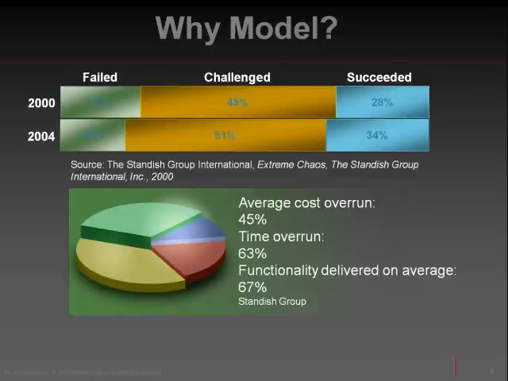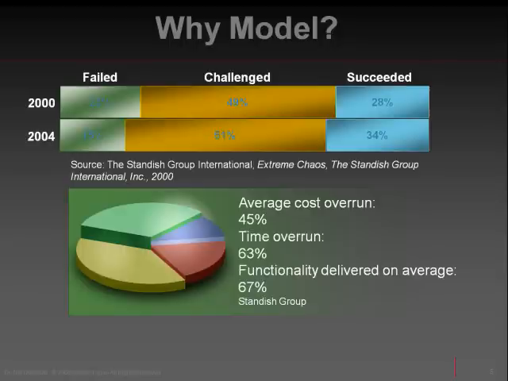The Standish Group is based in West Yarmouth, Massachusetts, and the goal of their group is to increase the value of IT investments. However, they're probably most famous for their publication of the Chaos Report, which gives empirical data in regard to IT projects. So as we can see from this chart in 2000, less than 30% of IT projects were considered to have succeeded based on the parameters that the Chaos Report has set, which includes both cost,